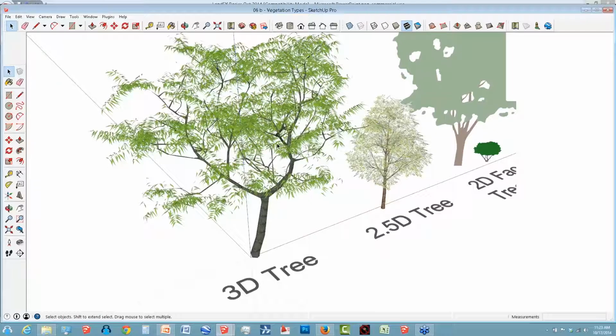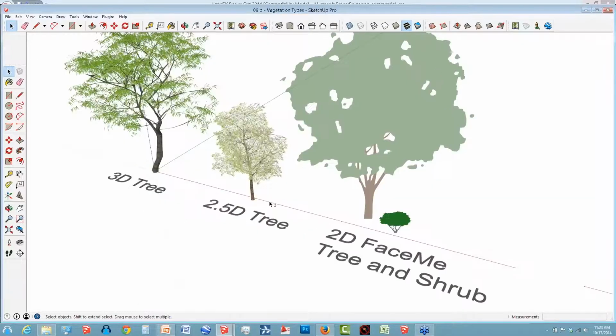Now, there are ways to work around that, which I go over in a lot of tutorials, and we're going to go over some of them in the Land F/X tutorials on organizing your models. The other side of it is these 3D trees are great. Landscape architects, knowing who we are, are always going to go for the best aesthetic that we can for our model. However, that doesn't necessarily mean not to use the 2D face me trees and shrubs,